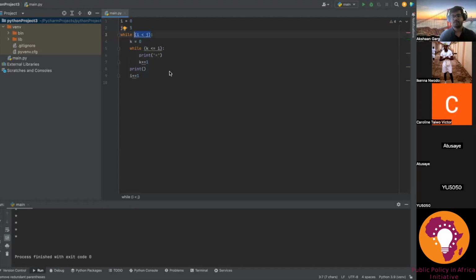Is line 7. Line 7, correct. So this line 7 makes sure that line 5 eventually becomes false, right? And line 9 ensures that line 3 eventually becomes false. Does that make sense? Why? Because